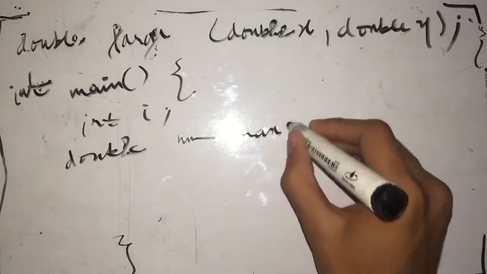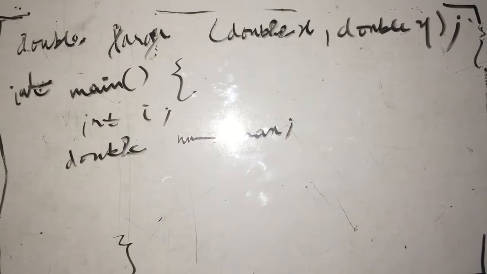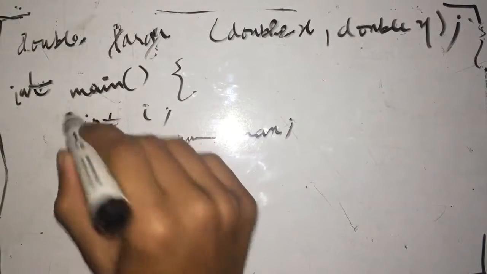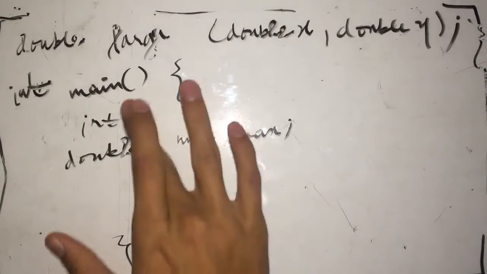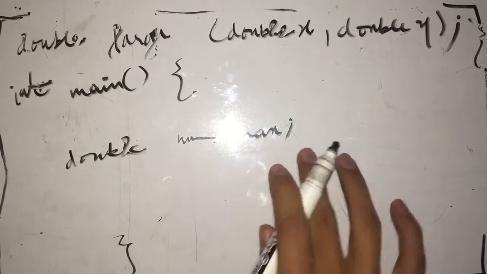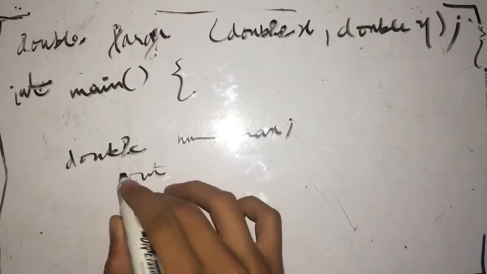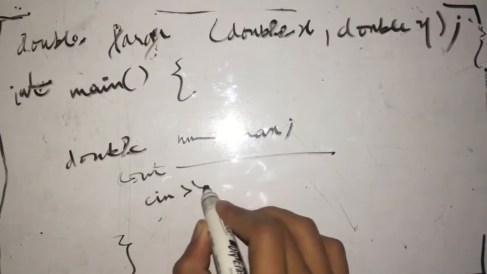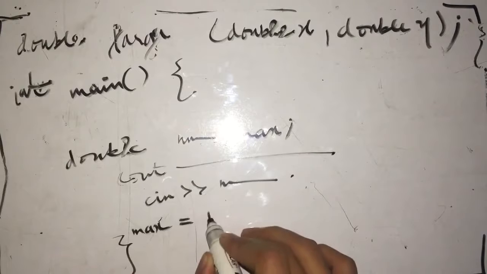So you declare two variables of the type double, and one variable i of type int. No, you don't have to declare i, sorry, you can just declare double num and max. So here I'm going to cout, or prompt the user to input 10 numbers, and then I'm going to cin num, and I'm going to store this value in